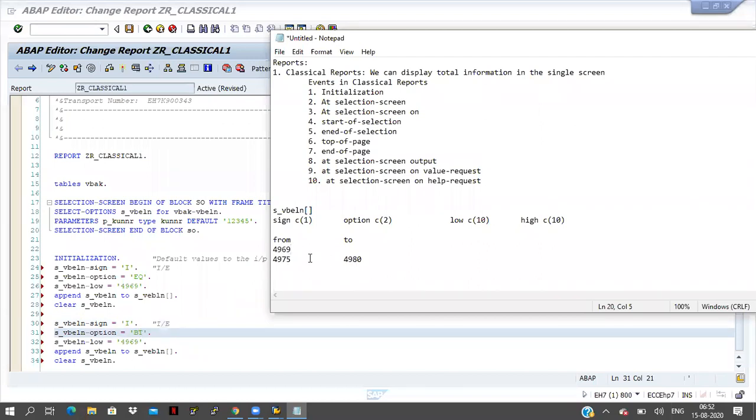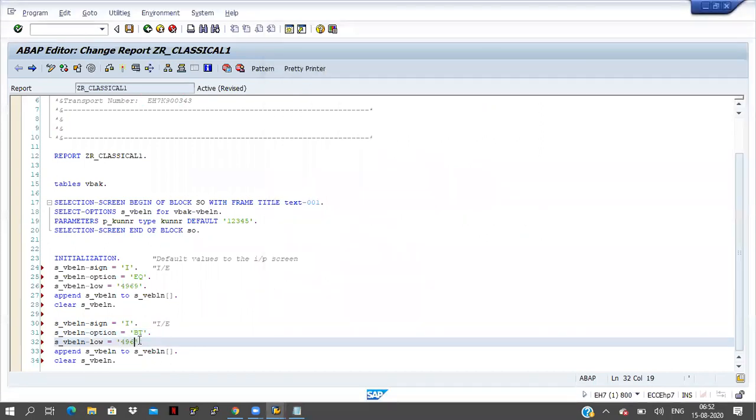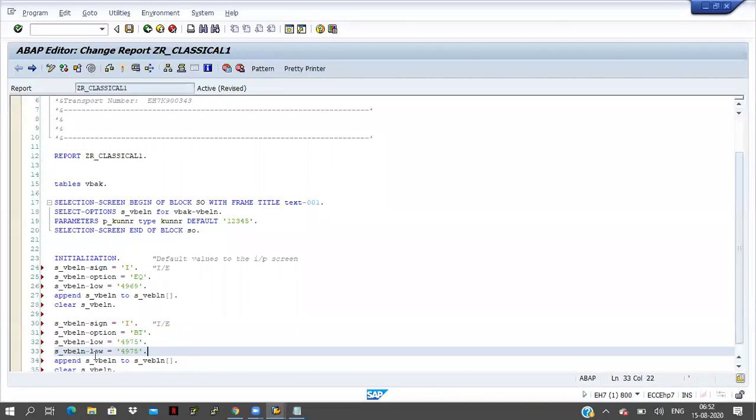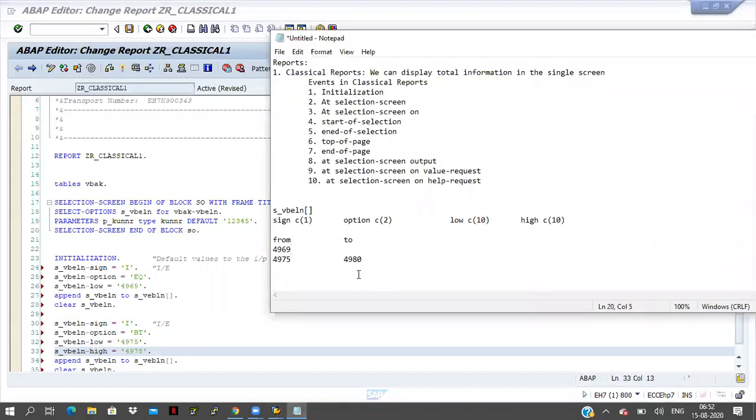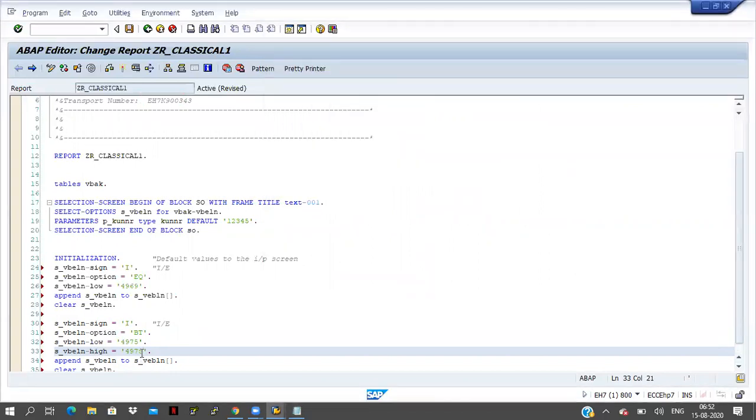In between these two numbers, I have to fetch the data, that's why I'm taking between here. The low value is 4975, so I will change this number to 4975. And the high value is 4980, so I will change that also here, 4980.